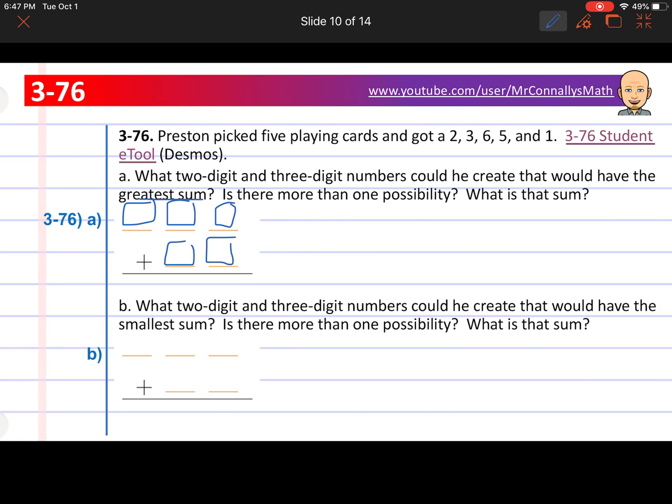Okay, remember you're adding the numbers together. Now for this one, we're trying to find the smallest answer. So this one you want to have the biggest. Now this one we're doing the same thing